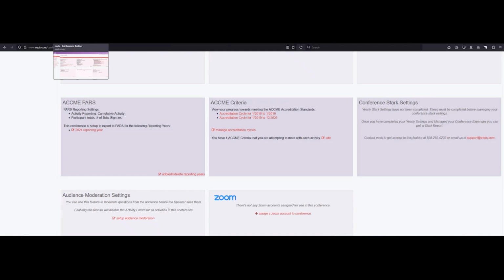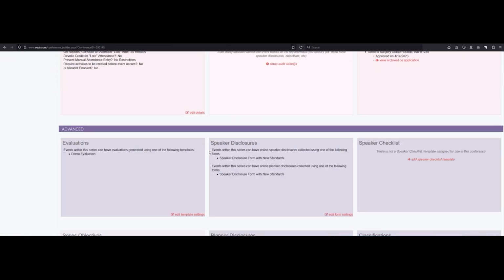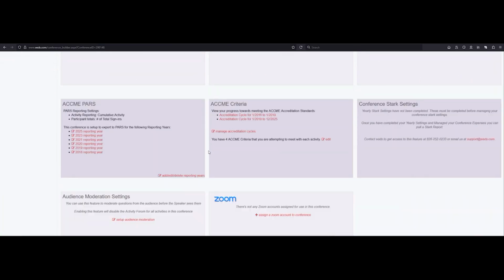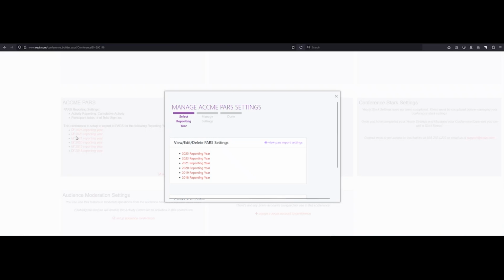Next, I'm going to look at a different conference. This one is utilizing MOC. Those settings will also be contained in the ACCME PARS. So if I were to create settings for 2024 here as well, first of all, you'll notice that you can